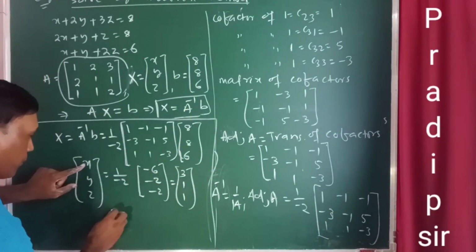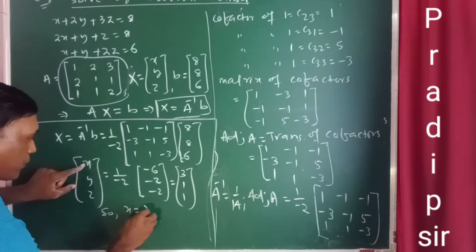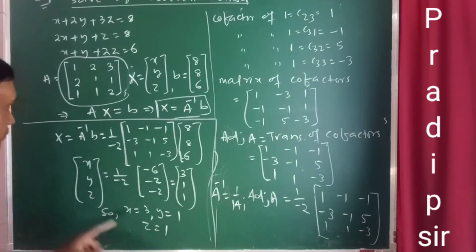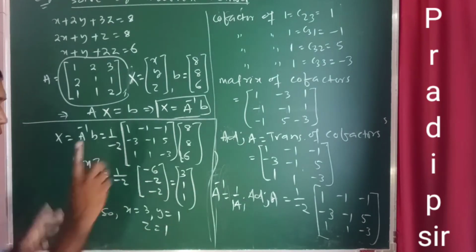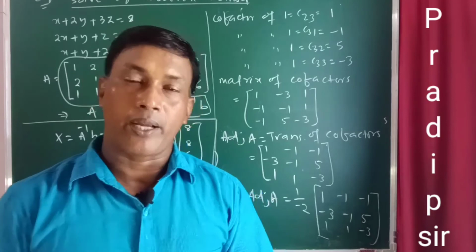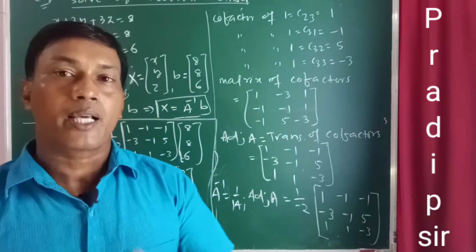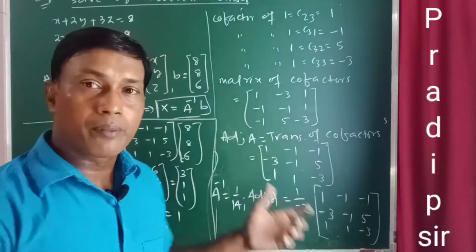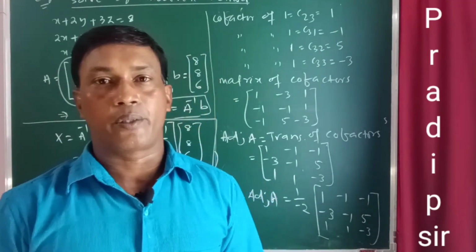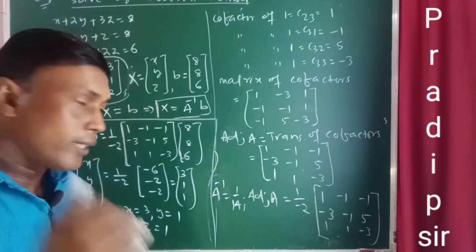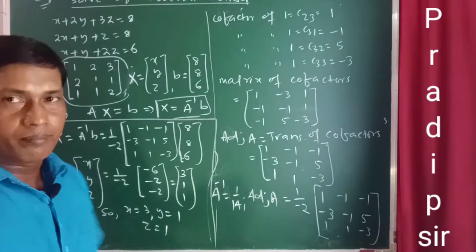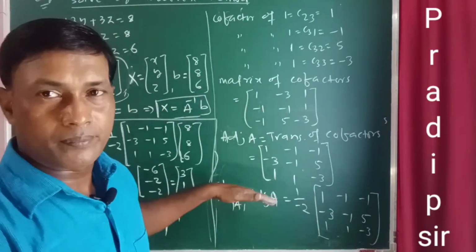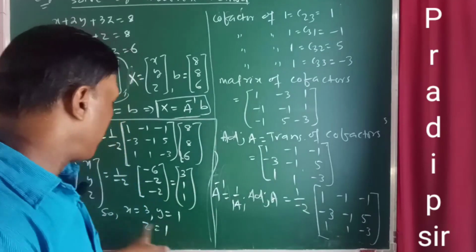So X is equal to 3, Y is equal to 1, and Z is equal to 1. In this process you can find the values of the variables. You can solve the system of linear equations. Though it is a lengthy question, it is a must-learn question in your board exam. But one thing: by human error or overconfidence, there may be some mistake inside the problem for which the values may be wrong.